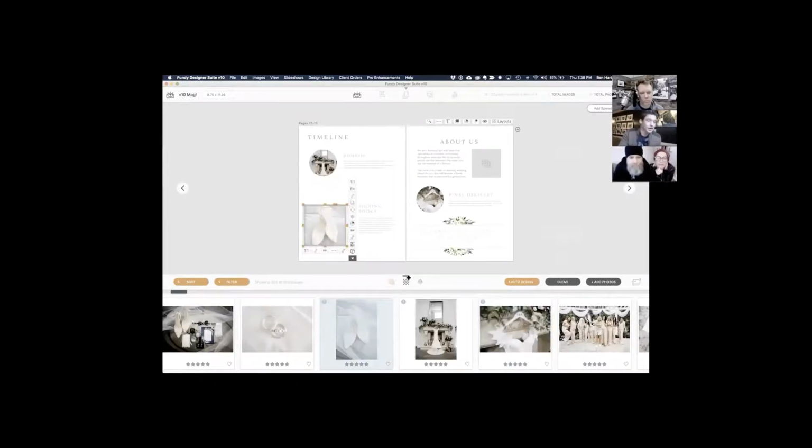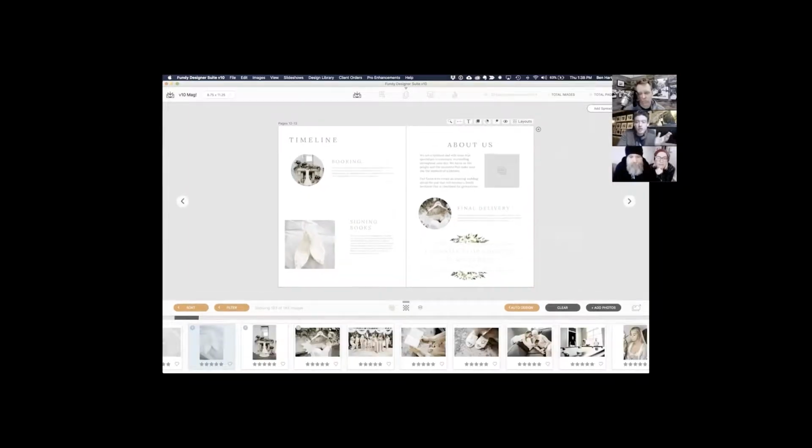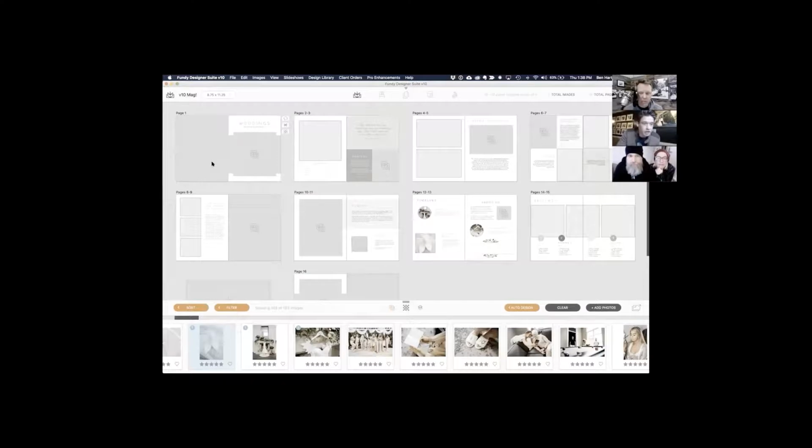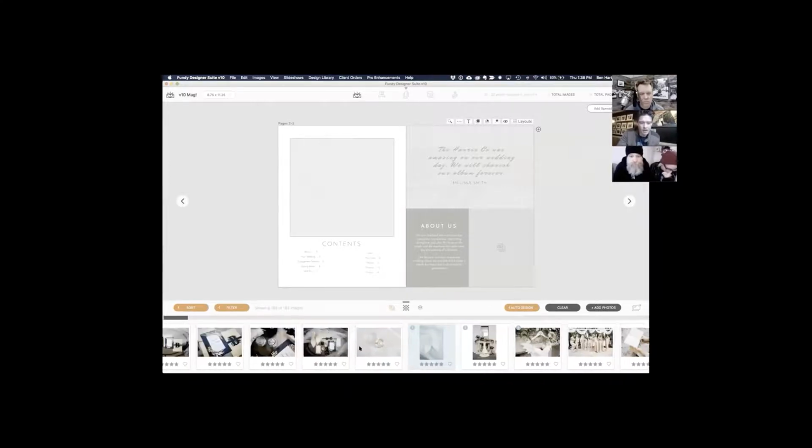Again, I'm not making a good design right now. I'm just showing you what you can do. The world is your oyster. And the text, great. And move it around and resize it. Absolutely, yeah. Again, maybe I really like this whole thing, right? The About Us stuff, but I'm not a huge fan of this content section up here being how it is. And so I'm a sucker for just putting in pretty